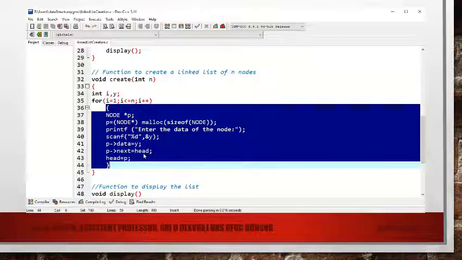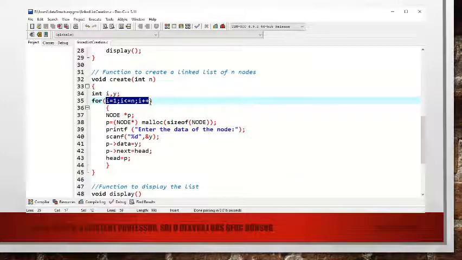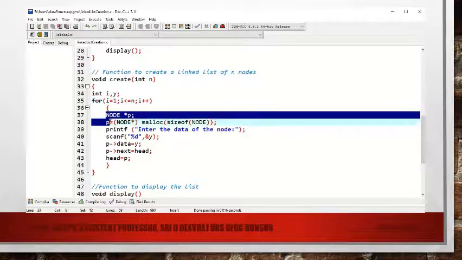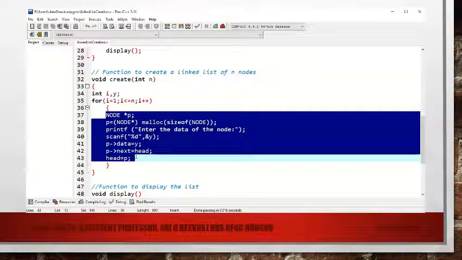Then we are attaching that at the beginning of the linked list. That is what is happening in this for loop. We repeat the process n times for node creation, allocating the data part and the address part, or the next pointer field.